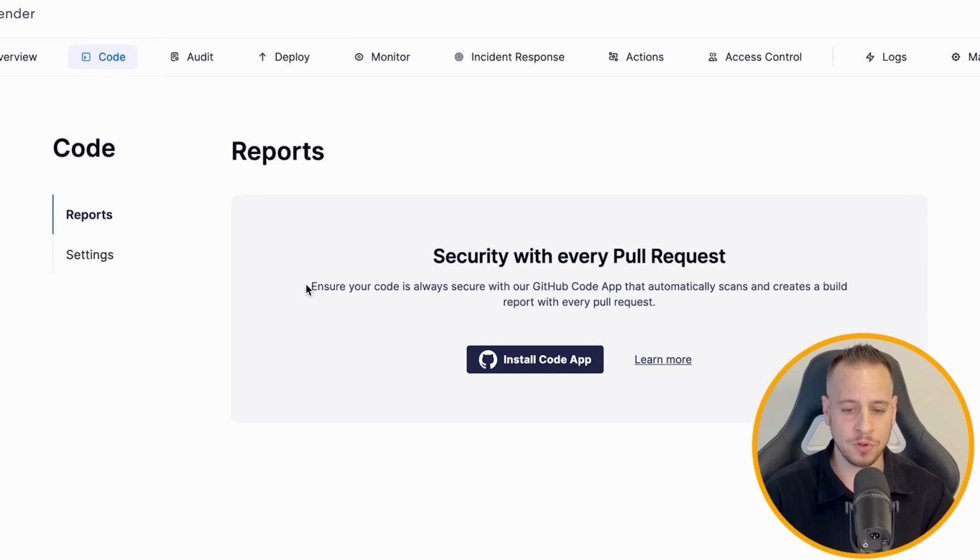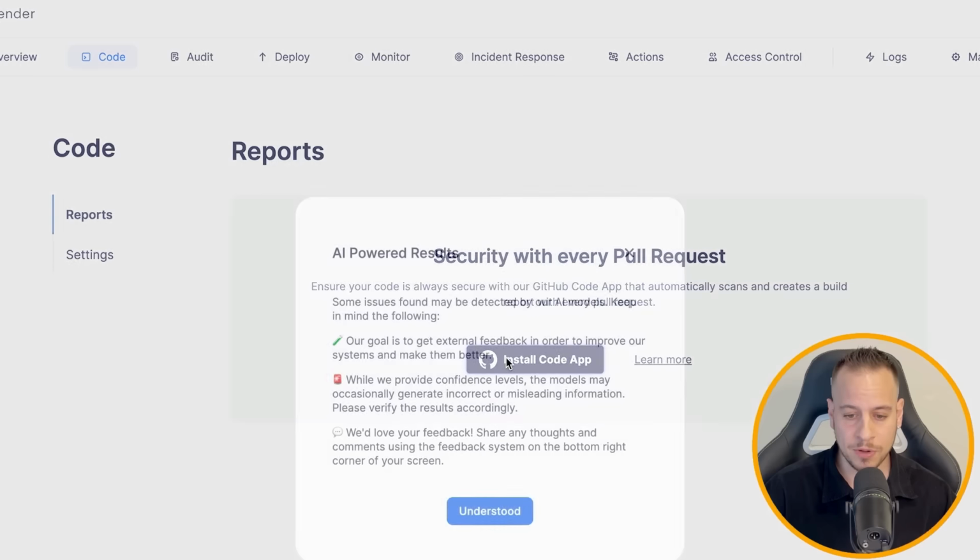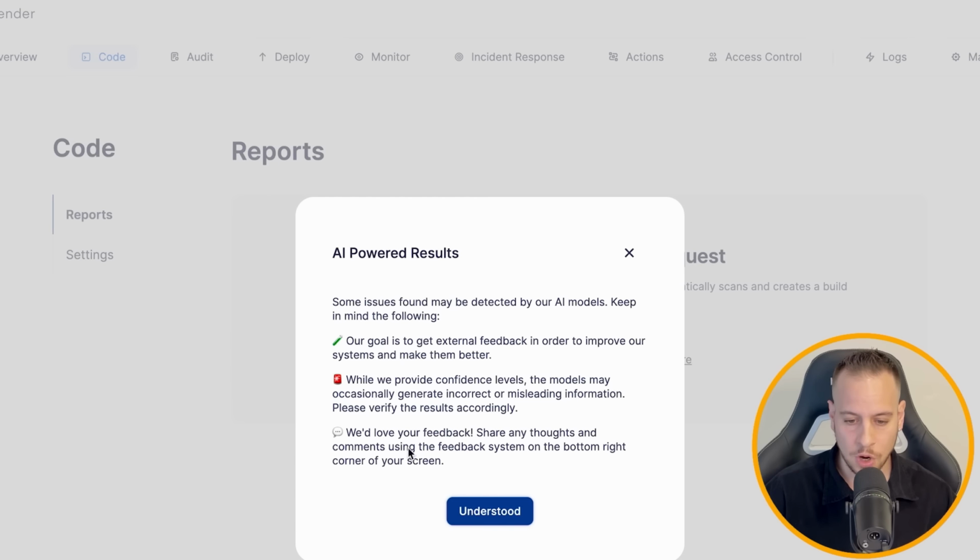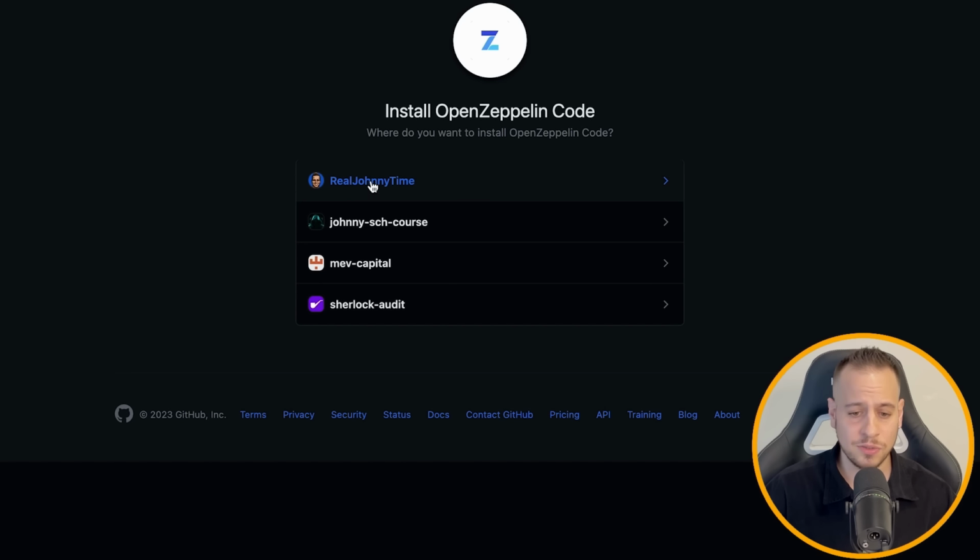So this is the code module, and the first thing that you need to do is integrate it with your GitHub account, because as I mentioned before, it's going to connect to your repositories, and every pull request that you make, every time you push new code to your repository, it's going to scan the entire smart contracts and find those vulnerabilities. So what I'm going to do here is click install code app, and then it's going to redirect me to